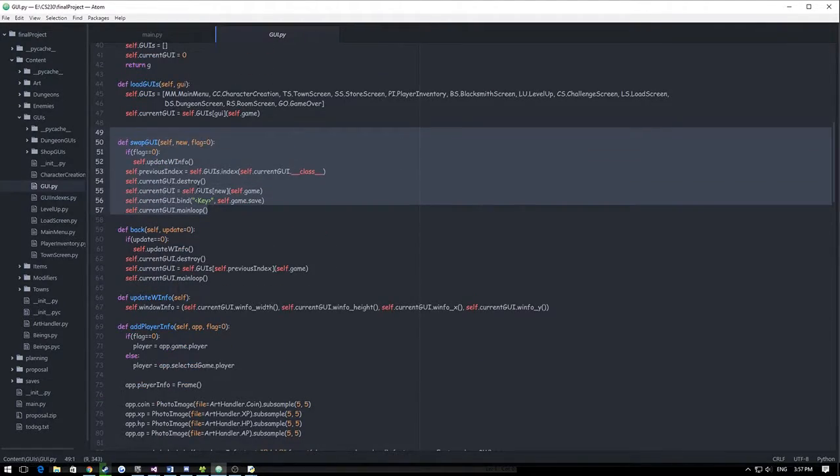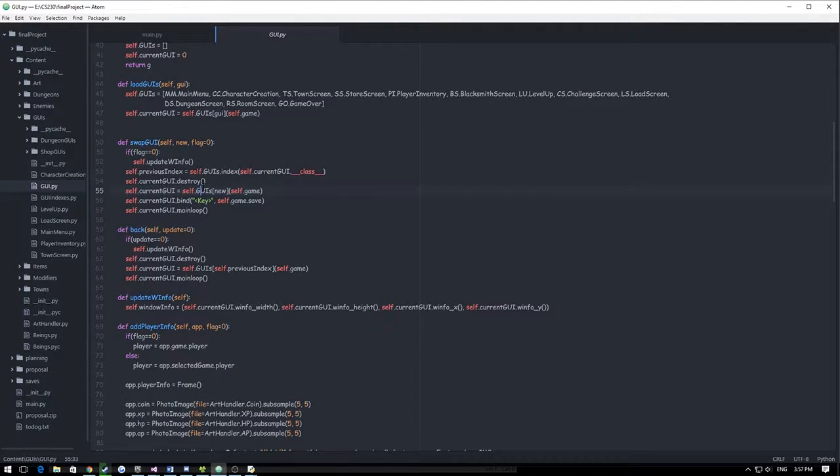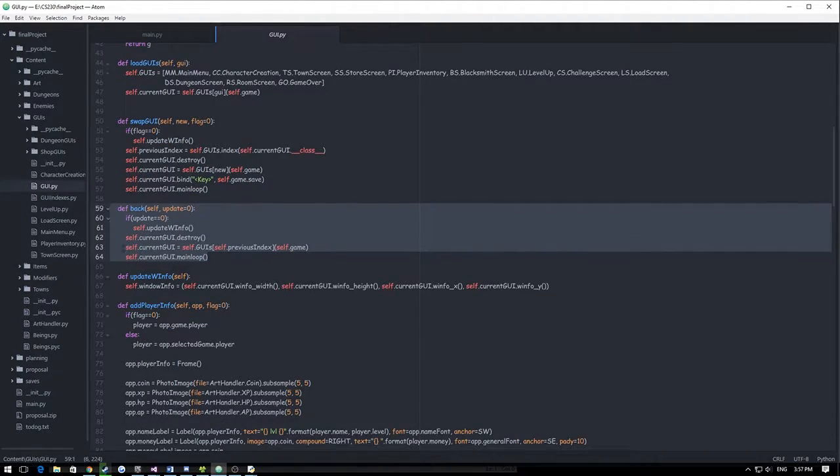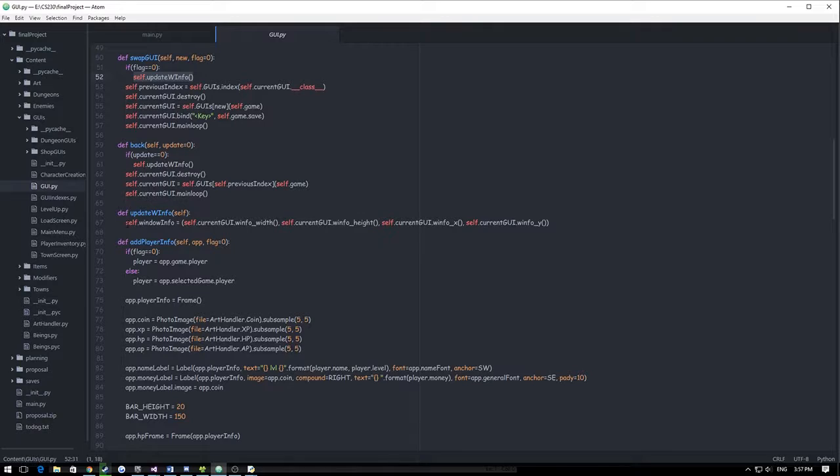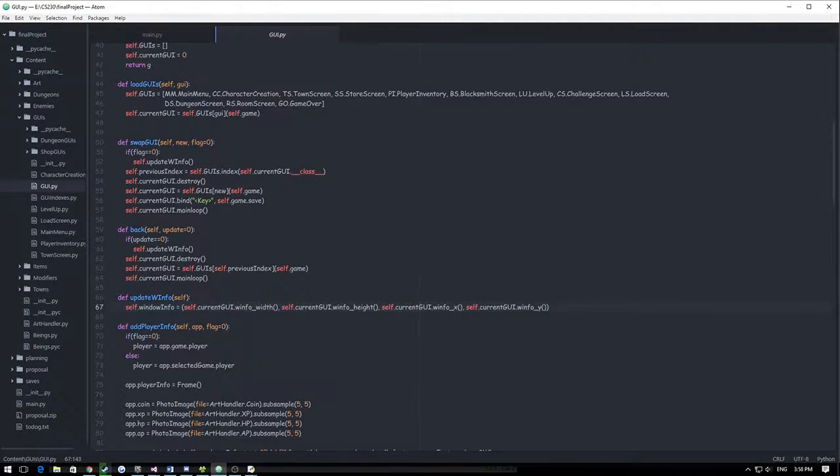This next method is probably the most useful method I ever wrote. Other pretty close is back as well. But for swap GUI, the flag, I'll talk about that in a second. So if the flag is 0, which it is by default, then we want to update our window info, or update W info. And down here it sets our self.windowInfo that I talked about earlier, and it gets the current GUI's width, height, X, and Y. So that'll save the window information, and then when we load a new GUI,